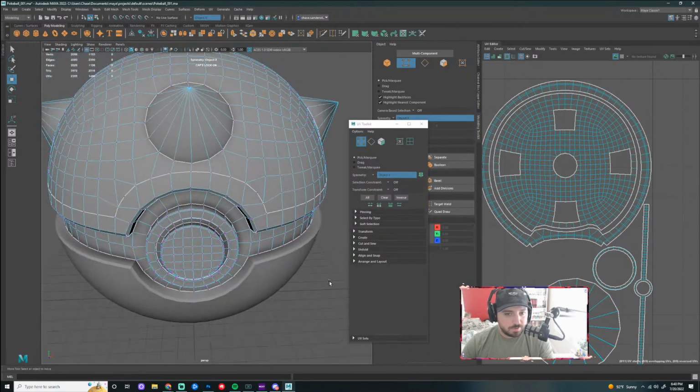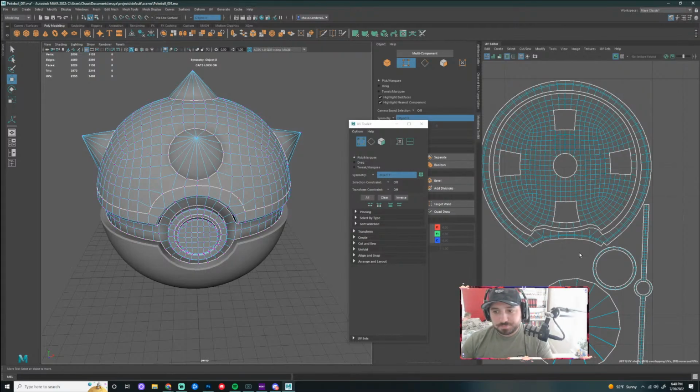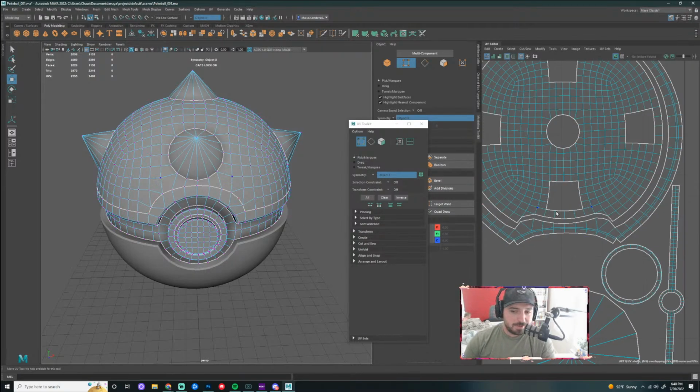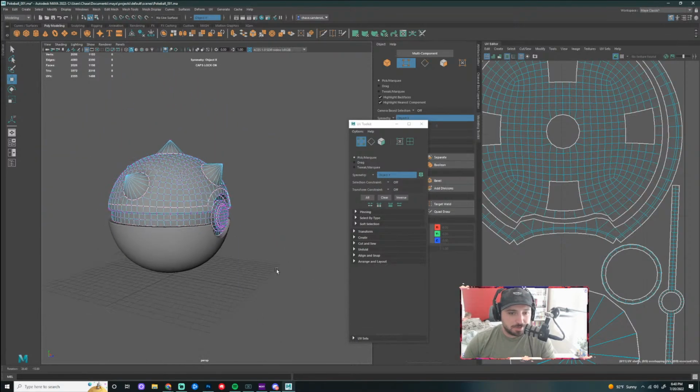Okay. We'll try it. What I can do is paint this part white and then this part green and make it look like the Bowser shell, which would be kind of cool.